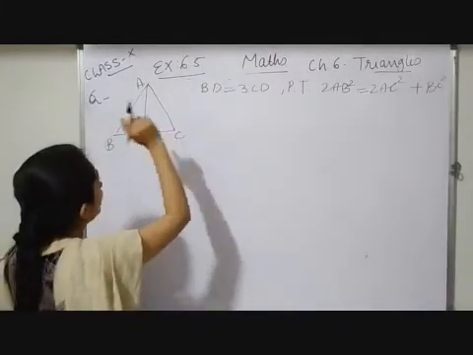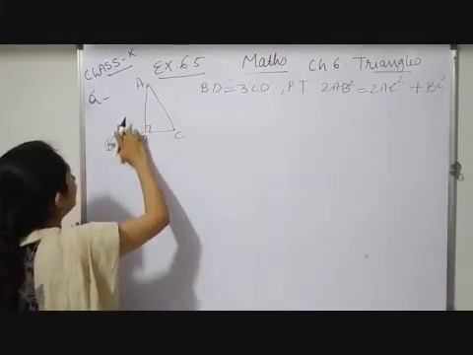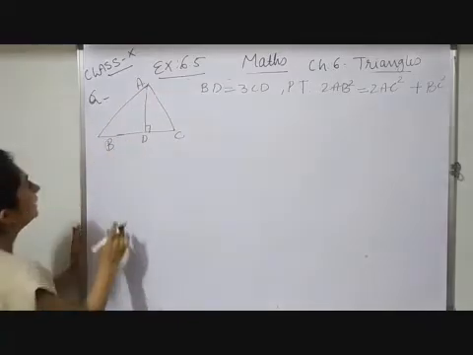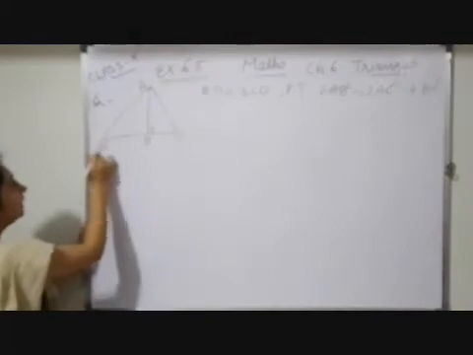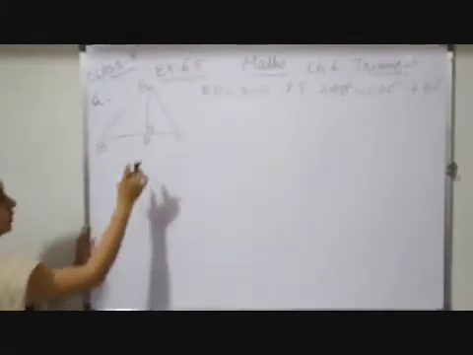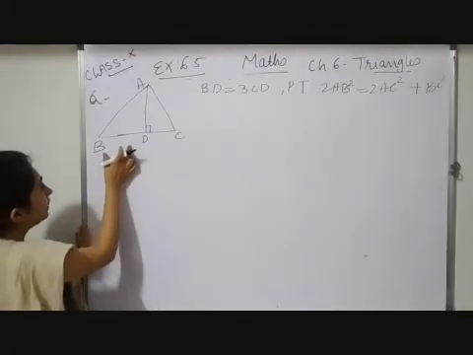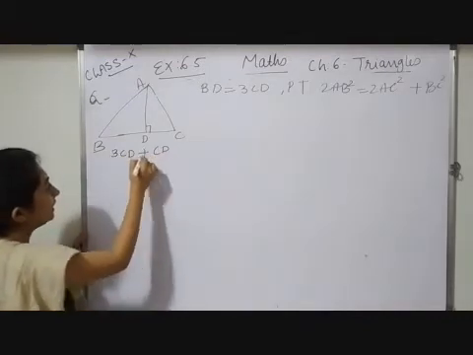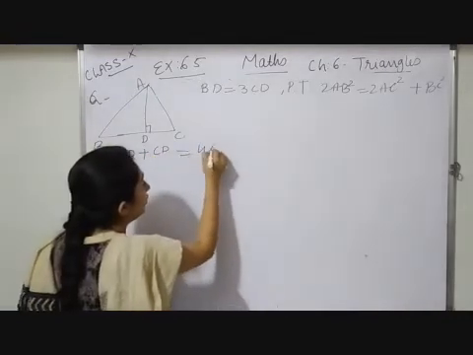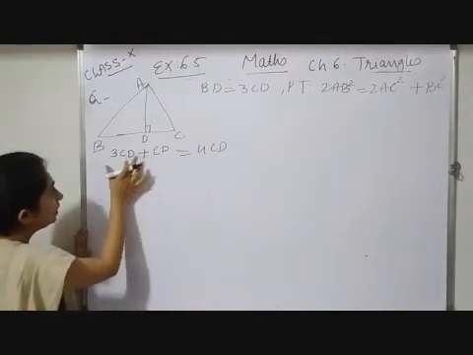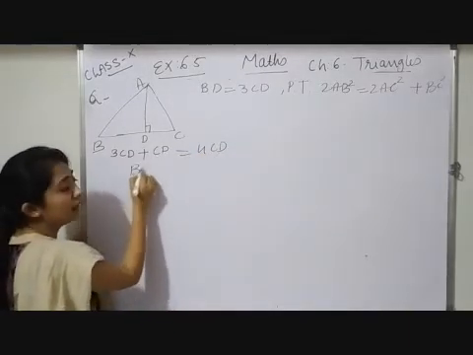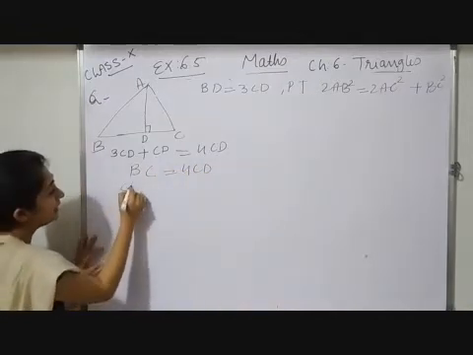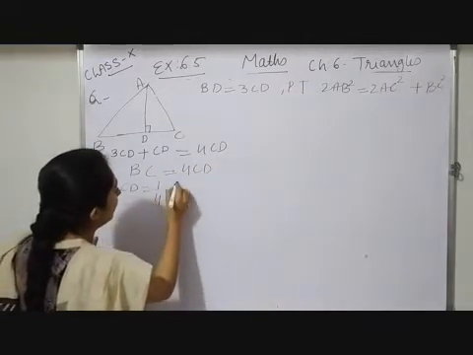Now what is given to us, obviously we have to use. So if I draw the triangle in such a manner according to your question, your figure will be something like this. Then I can say 3 times CD equals BD. So here in place of BD, this one is 3 CD and this is 1 CD. If I add, I will get 4 CD. And this whole 3 CD plus CD is nothing but BC. BC equals 4 CD. It means CD equals 1 by 4 BC.